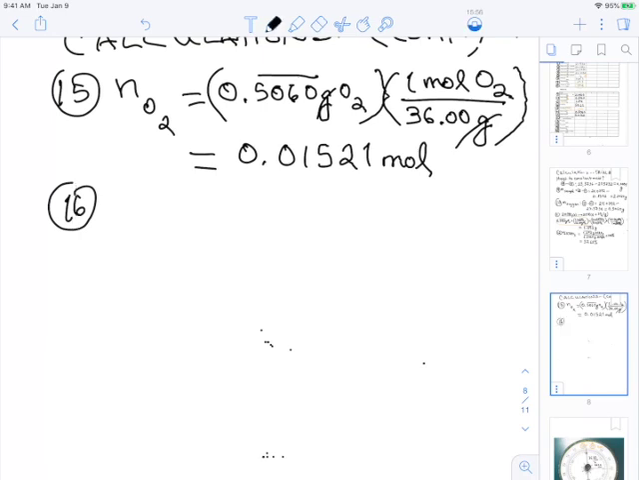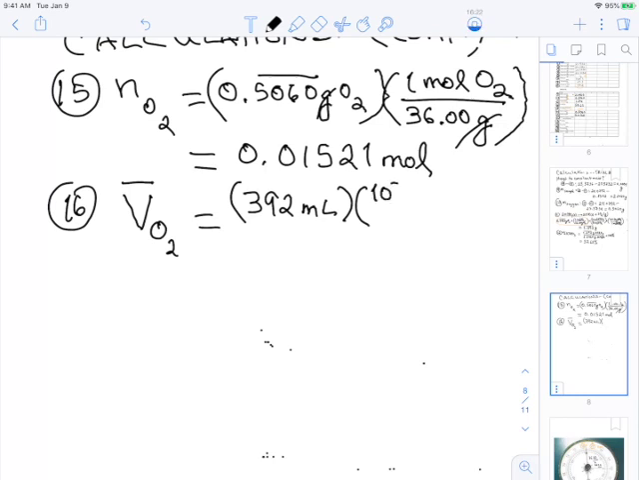And for item number 16, we're going to calculate the molar volume of oxygen. We write it this way with a bar here. Let me work that up. It's going to be 392 milliliters that we collected, but we want to change that into liters. So remember that it's 10 to the negative 3 liters per 1 milliliter